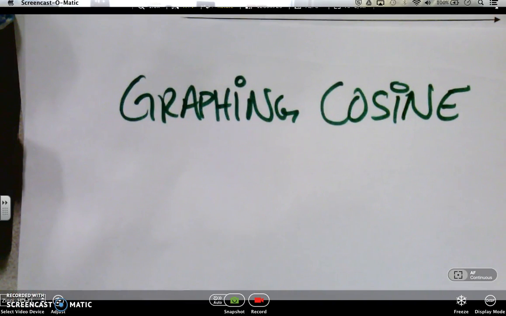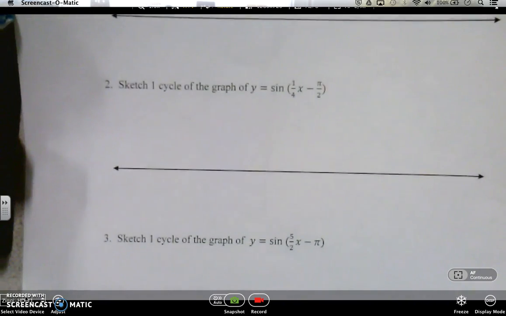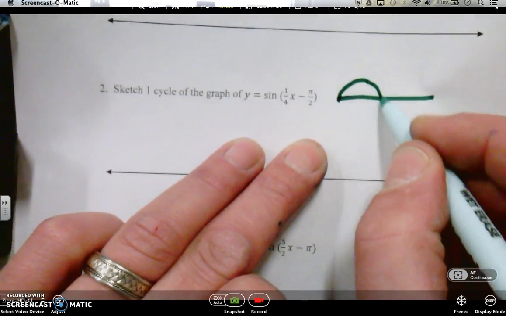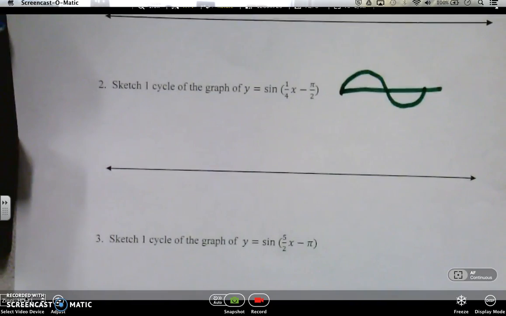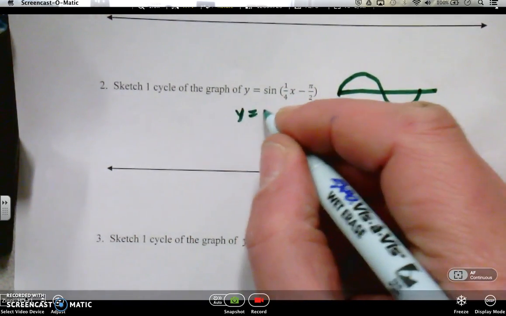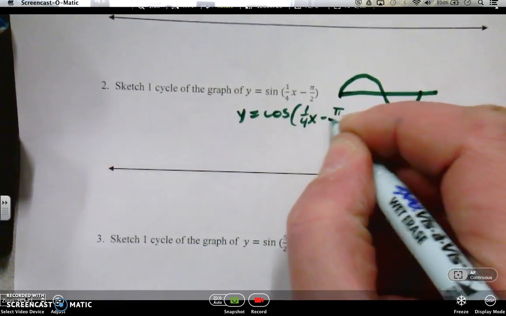All right, students, today we're going to be graphing the cosine curve, and what I really want to drive home is how similar it is to the sine curve and how similar our methods, at least the ones we follow for our book, are going to be. So I'm going to go back to a question, this one. I know this is sine, but if this was sine, the graph would look like that. Well, if we change that to y equals cosine of 1/4 x minus pi over 2,